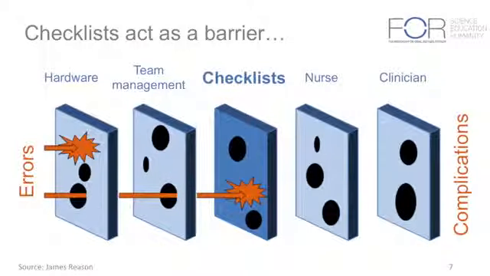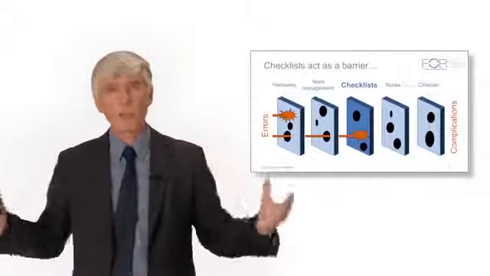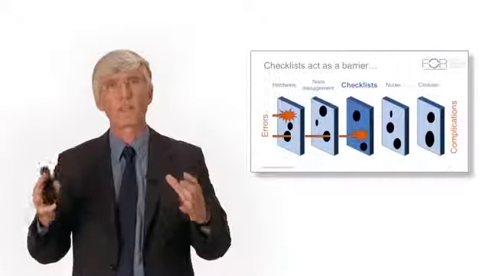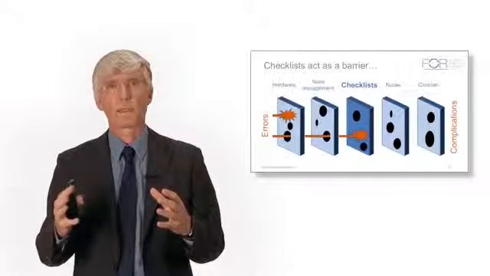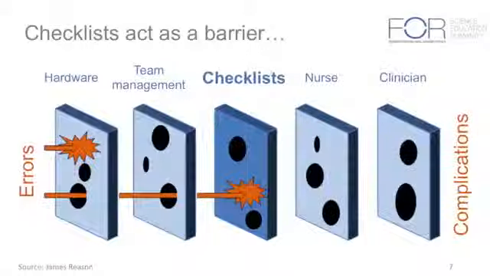So why do pilots make errors, but at the same time have almost no complications? It's because during the last 30 or 40 years, the pilot community has worked a lot on the detection of the menace, the different threats during the different procedures. The checklist is probably the most efficient way to avoid an error becoming a complication. But you can see on this